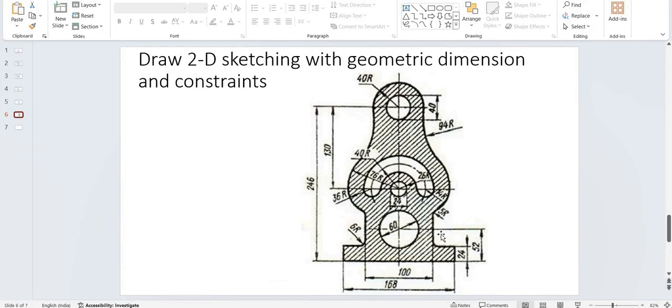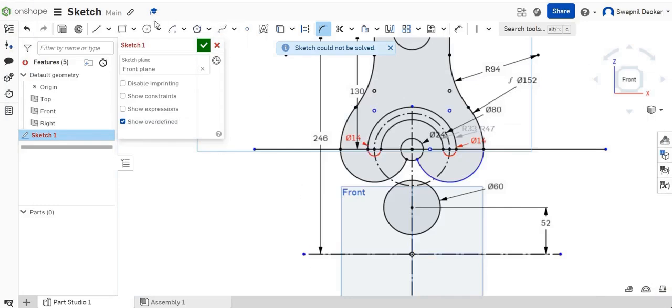Now you can see here, there are vertical lines, and if you see these vertical lines, there is a 100 mm distance between the two lines. Okay, and another is 68. So 100 means, if I draw the vertical line,